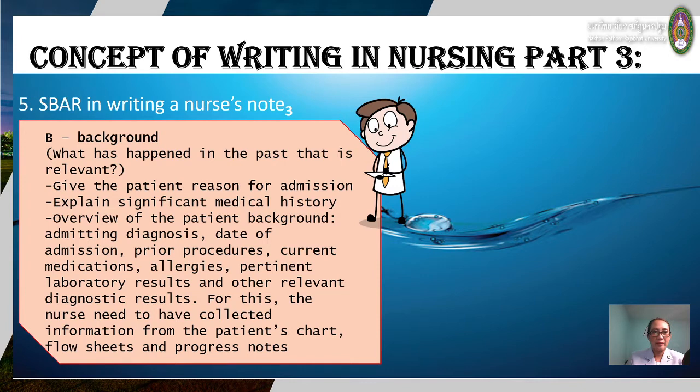B, okay. We have previously mentioned that B stands for background. What has happened in the past that is very important to the current situation of your patient. So as a nurse, you have to give the patient reason for admission. Okay, explain significant medical history, overview of the patient, background, admitting diagnosis, date of admission, prior procedures, current medications,